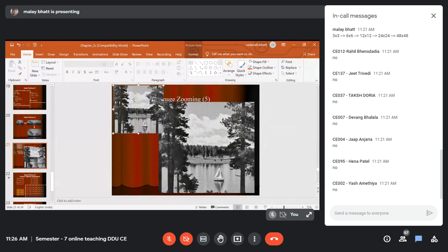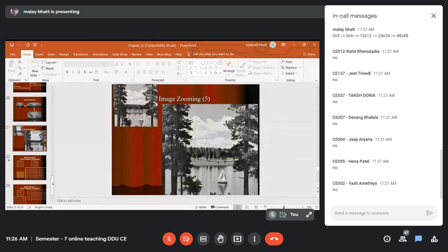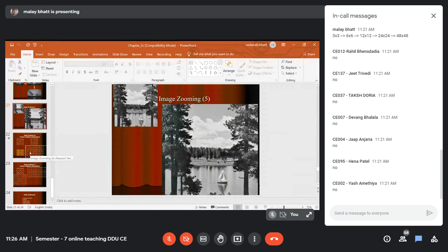So if you apply it once, it is acceptable, or twice at most, but beyond that, it will lose the detail. It will lose the detail if you use this pixel replication method. So we want a better algorithm so that we'll get a clear picture. Because normally when you use any image processing software nowadays, and if you zoom your image, you don't find this kind of problem. When you zoom your image to 400%, you don't find that much problem in the picture. So we want a better algorithm so that we have a better picture.